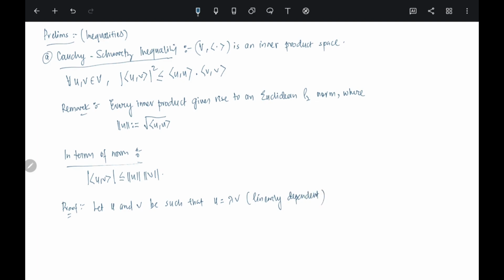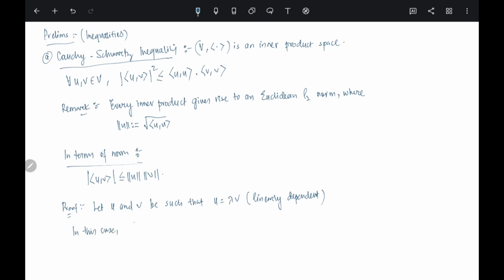Please understand what we are trying to do here. For any two vectors u and v, we want to prove that the square of the inner product of u and v is always dominated by the inner product of u with itself times the inner product of v with itself. For any two vectors u and v, they either will be linearly dependent on each other, or they are linearly independent. The first case is that they are linearly dependent, so u equals lambda times v. So in this case